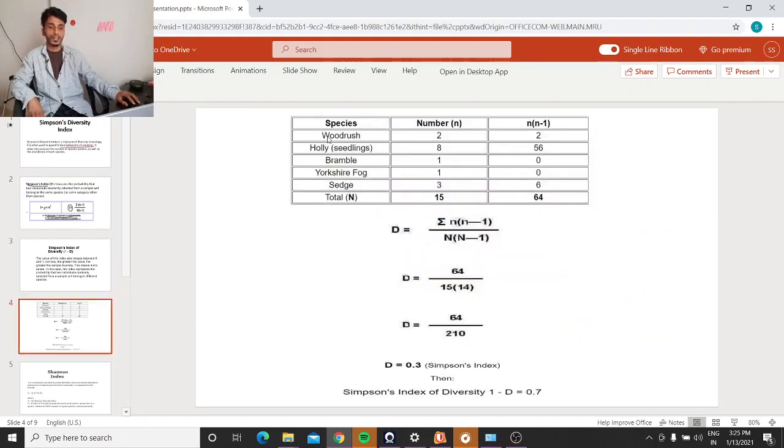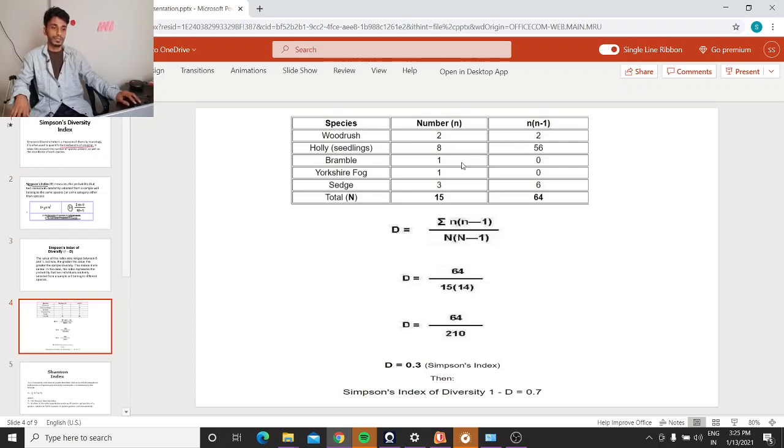So here are 5 species: woodrush, holly, bramble, Yorkshire fog and sage. All of these species are present in that habitat. The number of woodrush is 2, holly is 8, bramble is 1, Yorkshire fog is 1, sage is 3. So the total number of individuals is 15, and after calculating n into n minus 1 we will get 2,